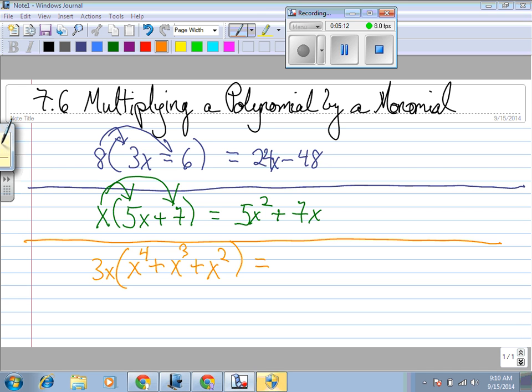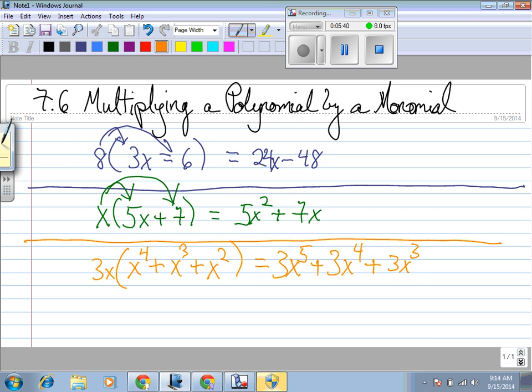It's 3x times x to the fourth plus x cubed plus x squared. The answer is 3x to the fifth plus 3x to the fourth plus 3x